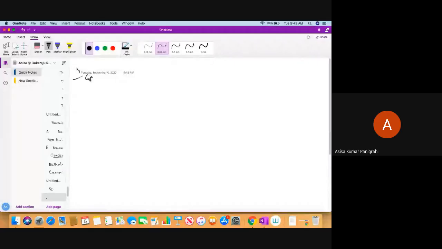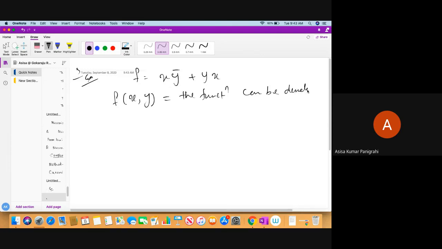You can see it over this. So third example. Let's say the function is given to you now: x y bar or y x. So here the function is actually a two variable function. What is the meaning of it? The function can be developed with two variables only. What are those variables? X and y. The literals may be of particular values x and y, but not other variables. Here the function is clearly defined, f of xy.